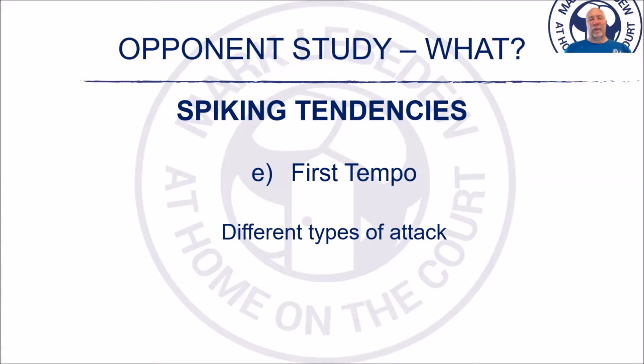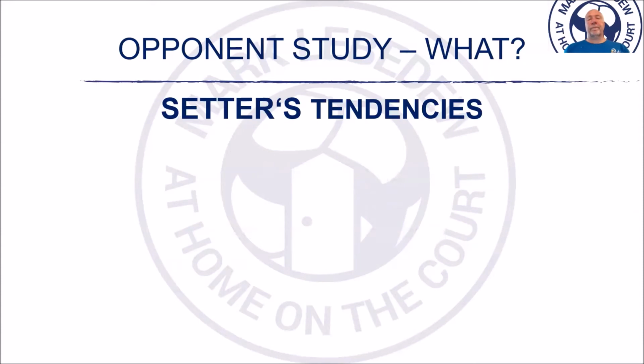If they're spiking with... nowadays we're talking about a lot of floating attacks. So we need to try to find some tendencies in the first tempo by rotation, also by which receiver is front row together, and so on and so forth. So those are our basic spiking tendencies, or at least the things that we should be looking for when we're paying